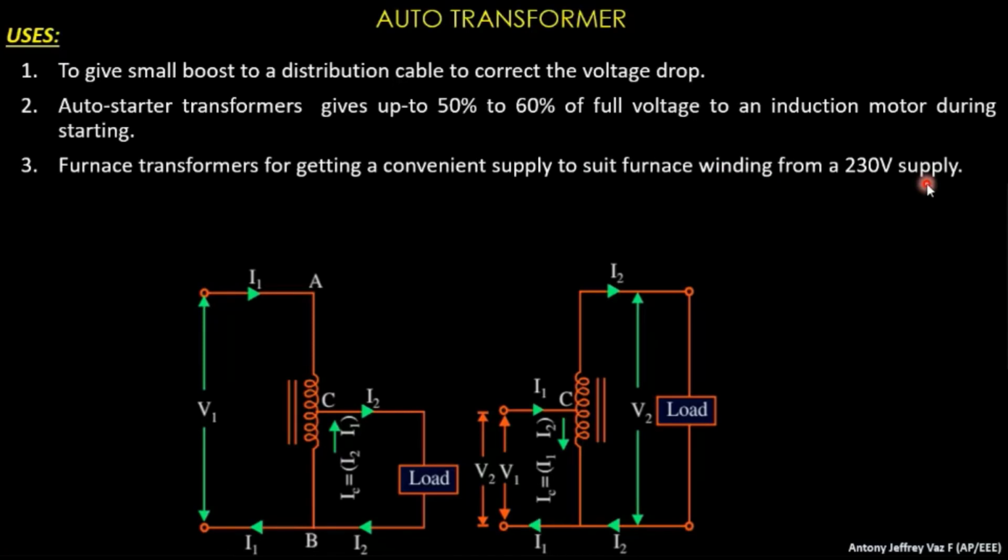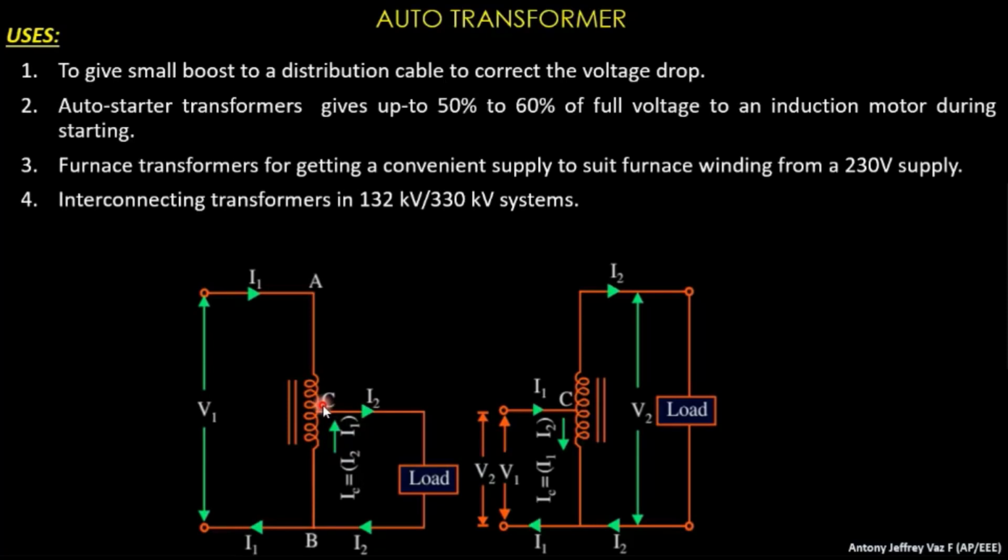If you need to set the heater for 100 degrees centigrade, you can keep the temperature by adjusting the voltage. If you set it for 230 volt, the temperature will be 100 degrees centigrade. If you decrease the voltage to 200 volt, then the temperature will decrease to 90 degrees centigrade. So by varying the voltage in the autotransformer, you can control the temperature of the furnace.